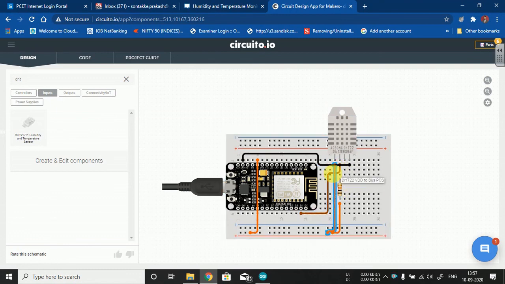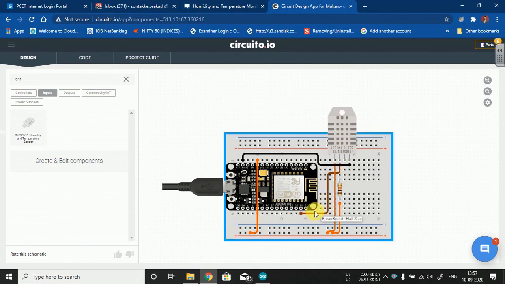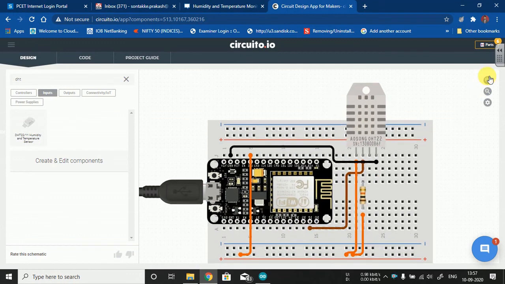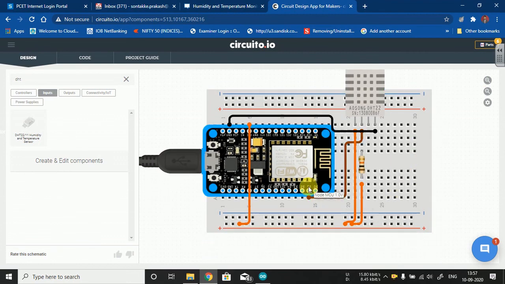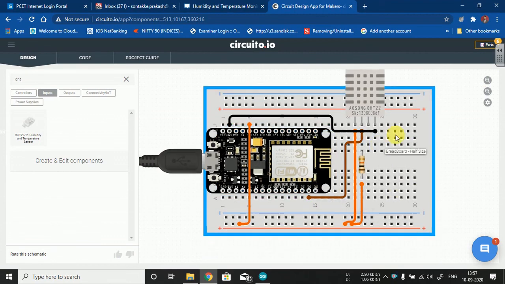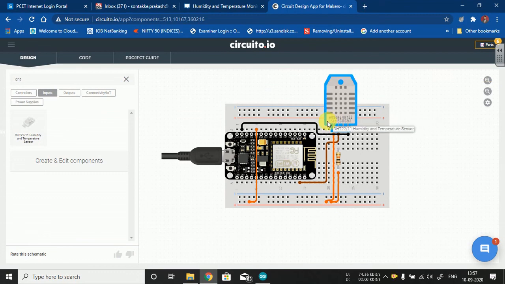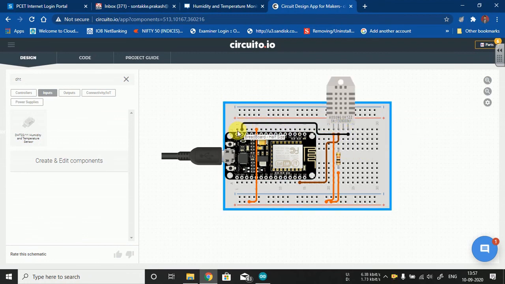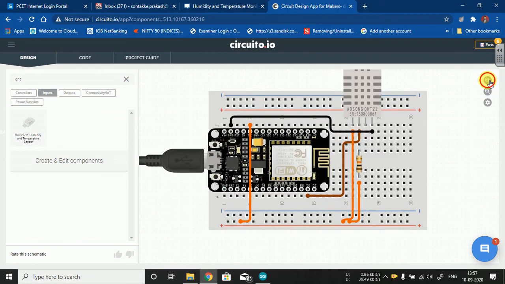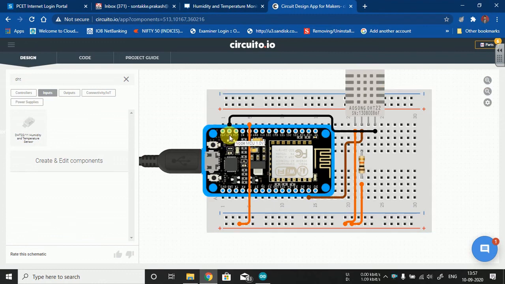Second pin is your actual data pin, the data out pin of the sensor, which is connected onto the D1 port. If I am zooming it, now this particular D1 port on which the respective second pin of data, the DHT11 will be connected. Third one is actually not connected, and fourth one is simply the ground. Okay, so it's connected to the ground terminal.